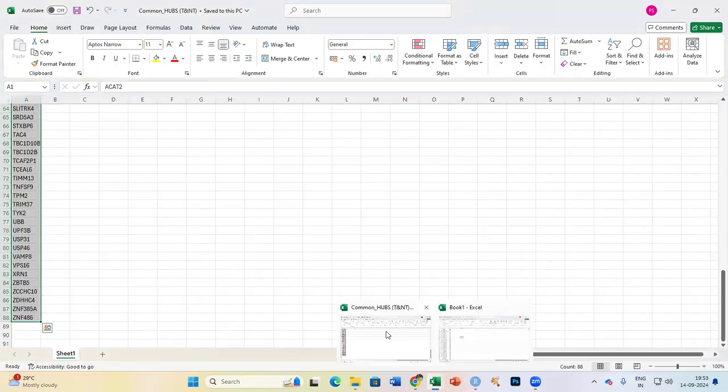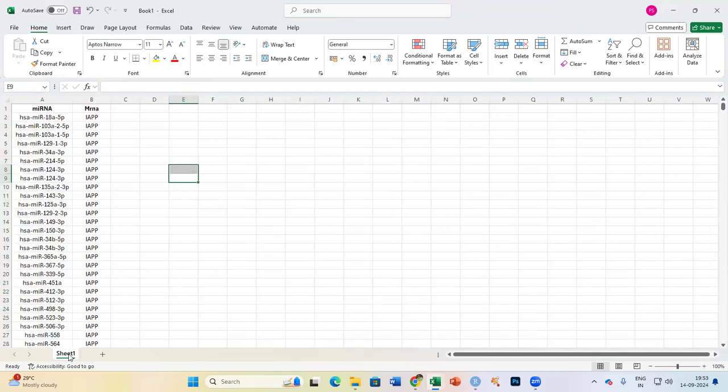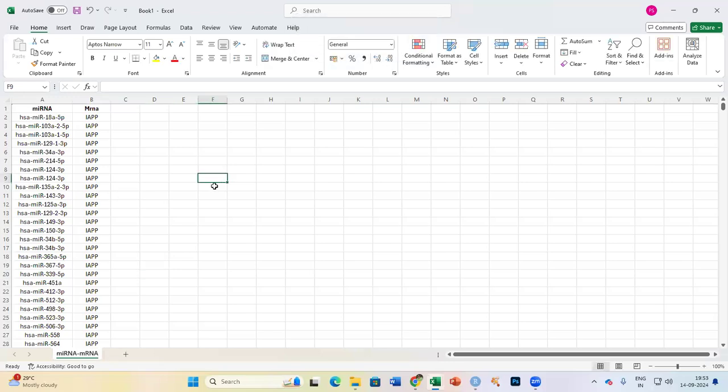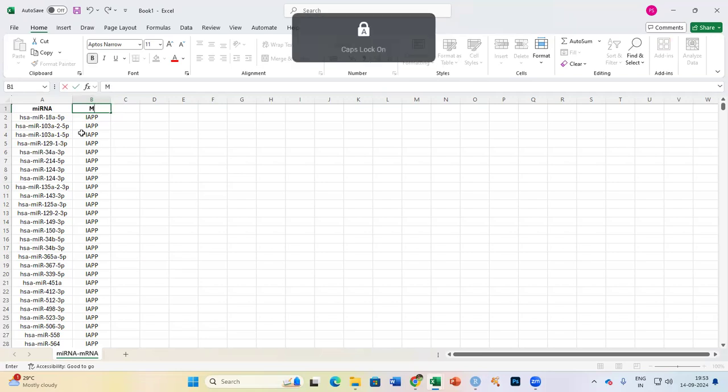So this is the first, and just close the miRWalk file, and I'm just renaming the sheet also for our convenience. Like this is the miRNA mRNA. Now we have to fetch the second edge list, which is the mRNA TF,